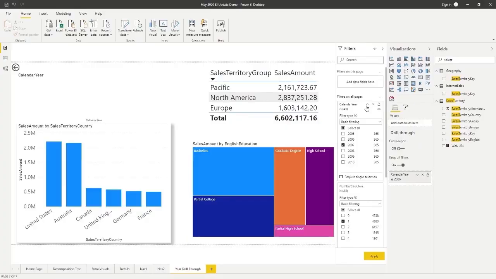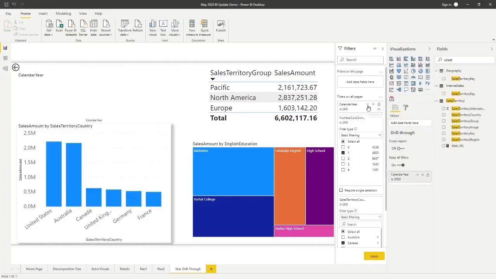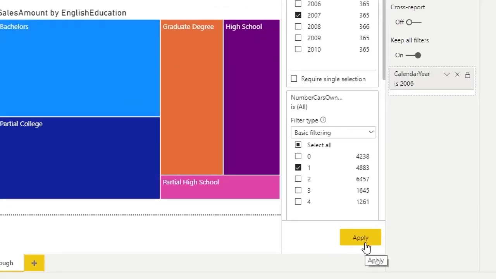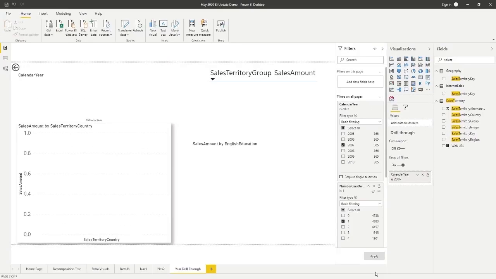And at this point, if we look at the bottom of our filter pane, we have our apply button. Before, this was gray because there were no filters on the page that I had selected. But once I've selected one, I can hit that apply button at any time I want to. So now I click on apply, and we will see all of our data filtered out by